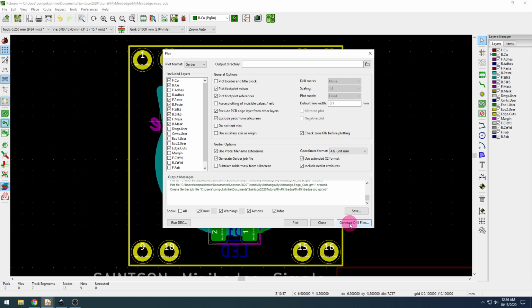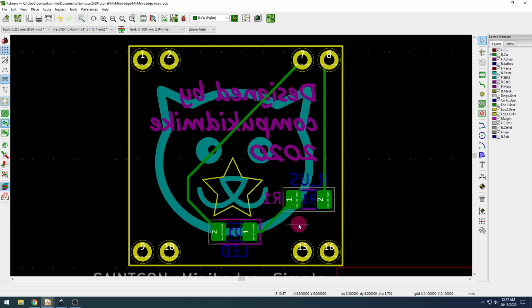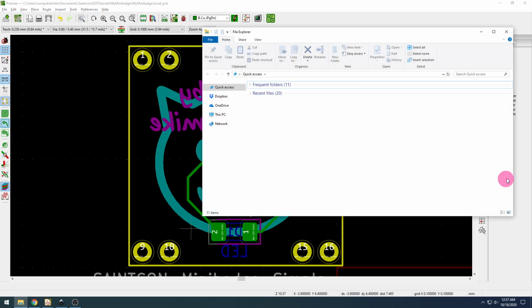And then we're going to click generate drill files. You can leave this at the default, should be good, and click generate drill file. Close that, close this one, and now we've got our files. So those are, let's go get those where they are in our